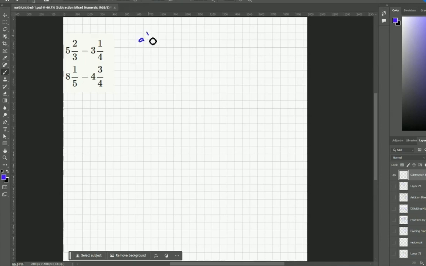Okay, let's look at our first one. We'll call that A. We've got 5 and 2/3 minus 3 and 1/4. Immediately we've noticed that these aren't like fractions. These are not the same thing. But we're going to do this our first way, which is to be grouping everything up with our first method. So we just have to remember this negative sign is attached both to the 3 at the front and the 1/4, right? So we can rewrite this as 5 minus 3,